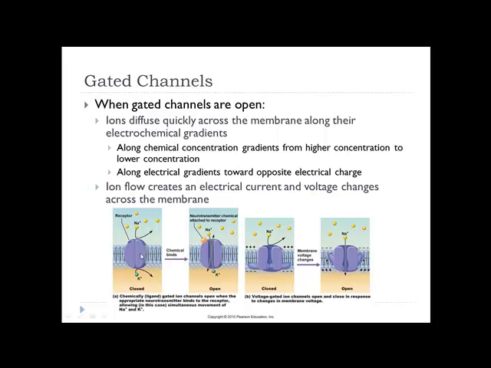Alright, so here's an example of a closed chemical channel. When it's closed, it doesn't let anything pass in and out. When a special neurotransmitter comes in, interacts with this receptor site here, it's going to let stuff flow in and out. So here we're letting sodium and potassium flow in and out of our nerve cell. This one is a voltage gated channel, so once the cell gets a certain voltage or charge, this channel opens up. Right here, this opens up, and we let sodium flush into the cell.